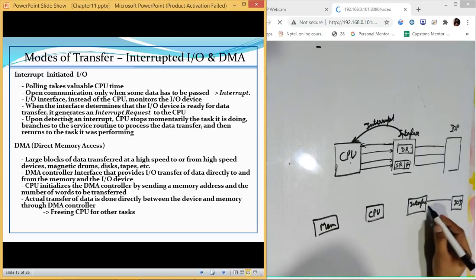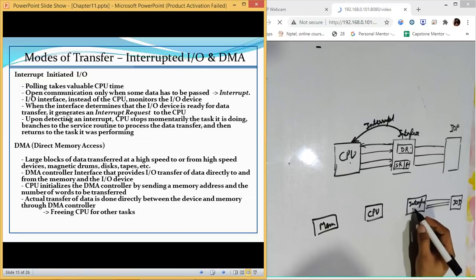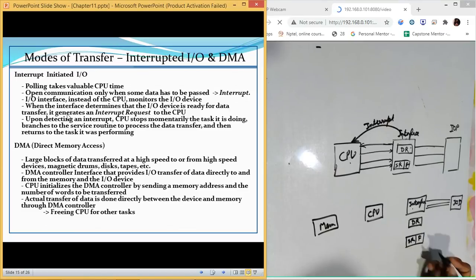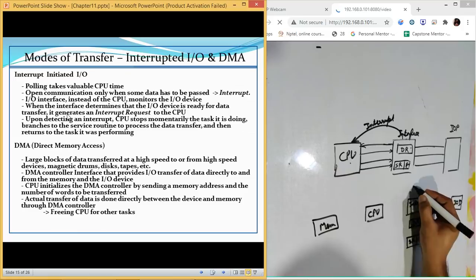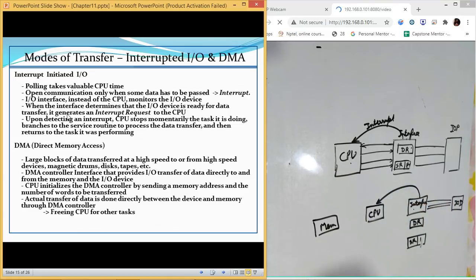Now, there is a transfer which happens, and in this we have a status register and a data register flag. DR, that is a data register, and we have a status register flag, SR flag. Once this status register becomes 1, then this interface interrupts the CPU from its side.